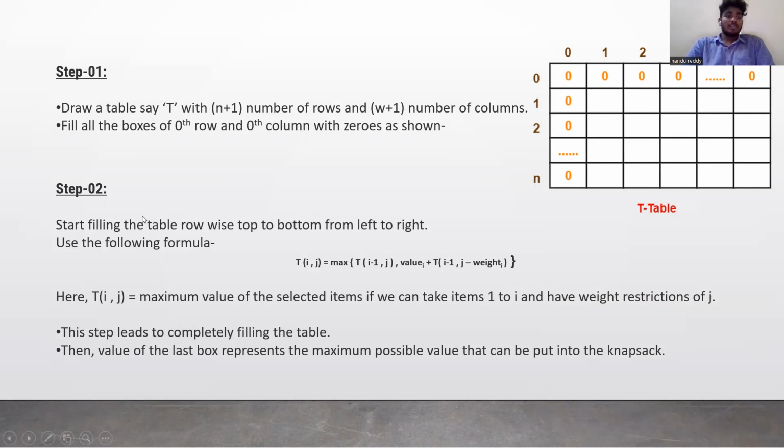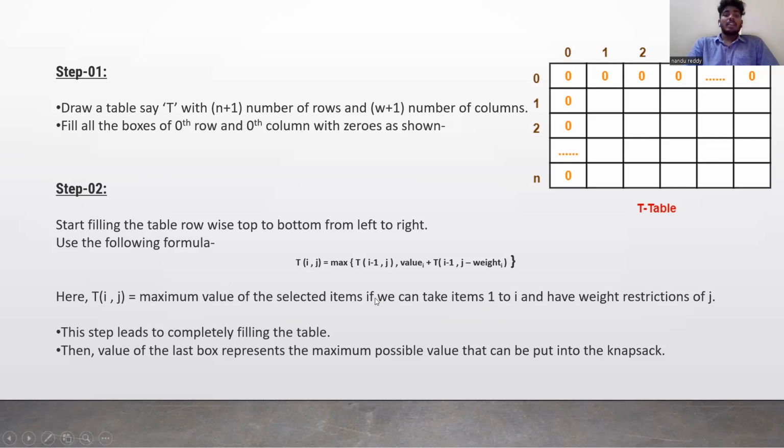Step 2. Start filling the table row wise, from top to bottom and left to right. Use the formula T(i, j) = max of T(i-1, j), and value(i) + T(i-1, j - weight(i)). Here i and j are row and column numbers. In this way, we calculate the T(i, j) values, where T(i, j) equals the maximum value of the selected items